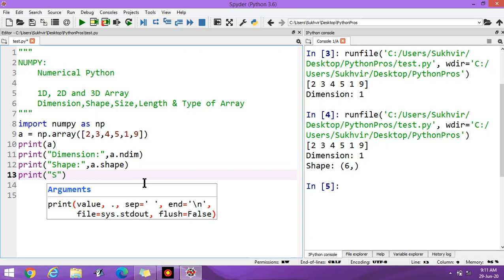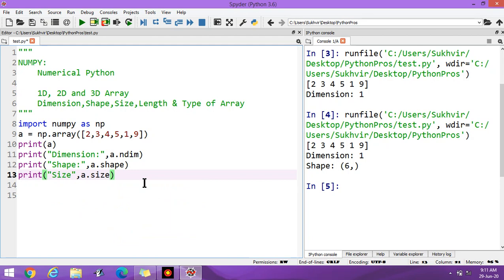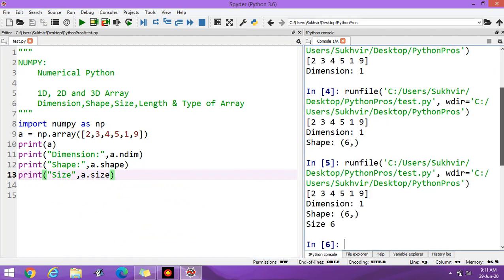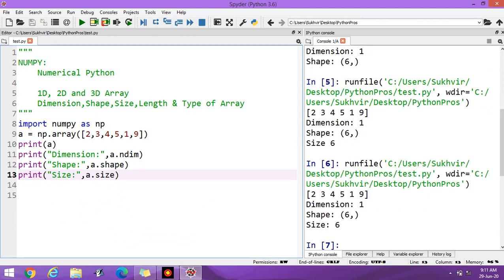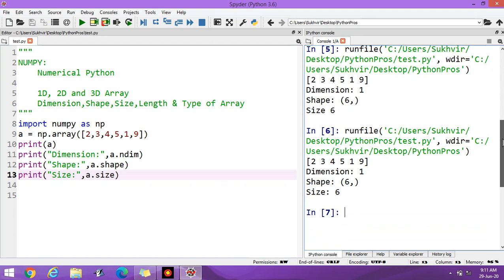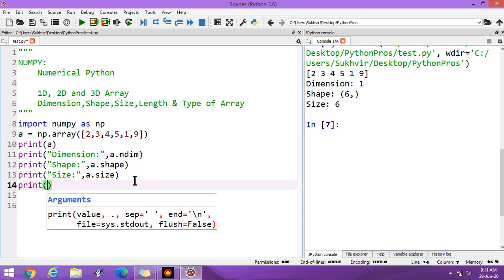After that, calculation of size. Now what is the meaning of size basically? These are the number of elements. You can put a colon here. Size is equal to 6. Print to find length.